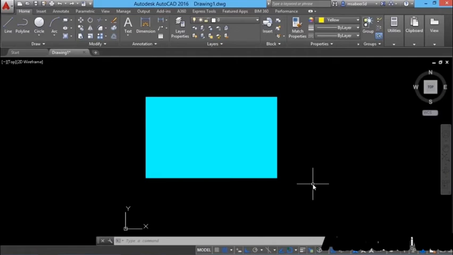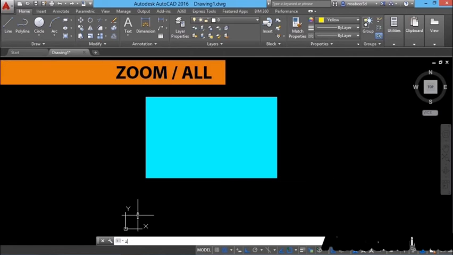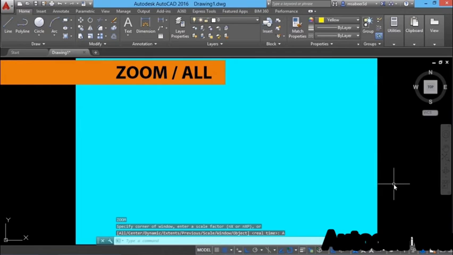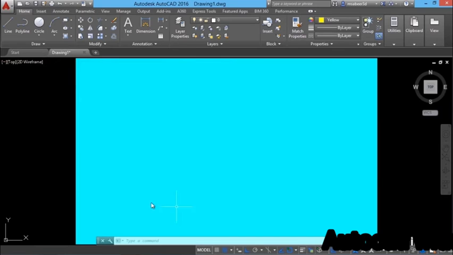Now, after you set the limits, we have to zoom that area so that it will fill up the entire screen. So this is a very important step to be followed. So I'll go to zoom command. Type Z for zoom and select the option All. When you click on the All option, the area which you have defined in the limits will fill up the entire screen. From this illustration, it is clear that the limit which you have defined will be center justified with respect to the screen. But you can always draw outside the limits if you want.